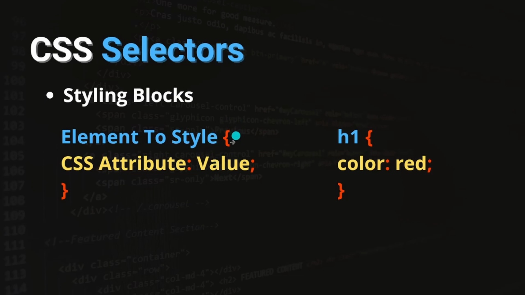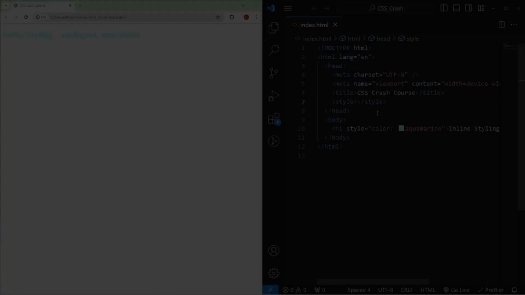Keep in mind, you have to get the brackets and the semicolons all right, otherwise it will complain and throw errors and not compile. And here is an actual example. So we select the h1 tag, and every h1 tag inside our HTML that we apply the styling to will have the color red. So now that that's clear,